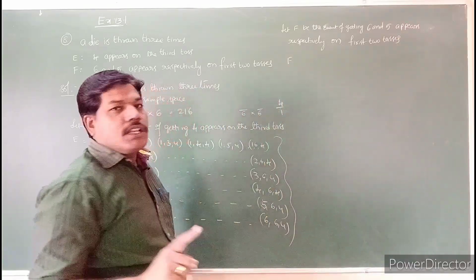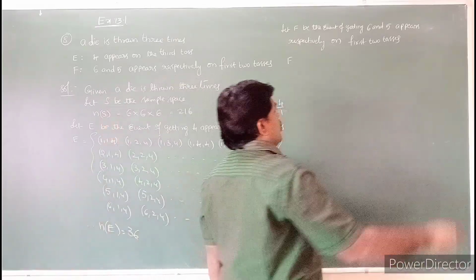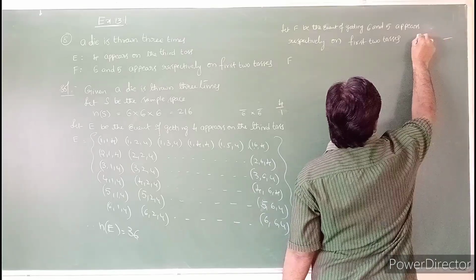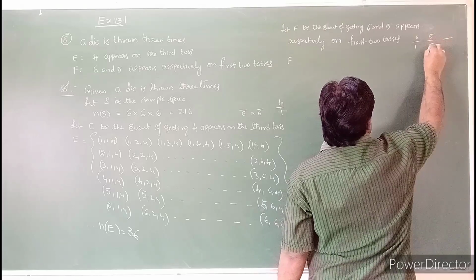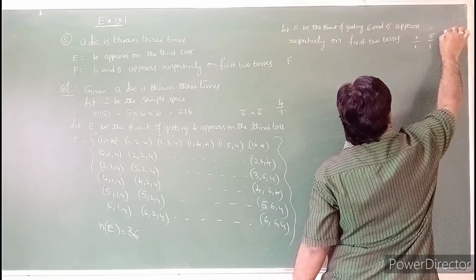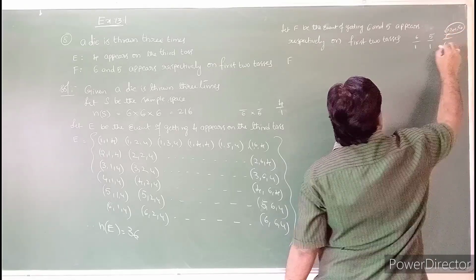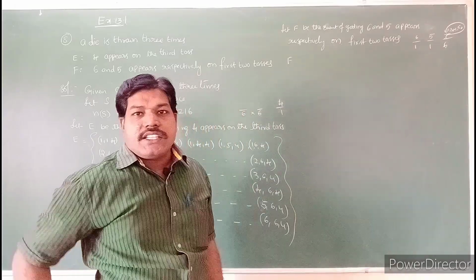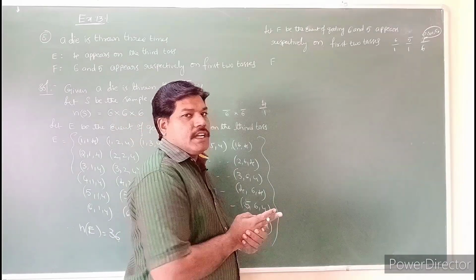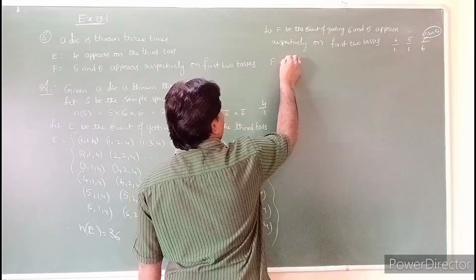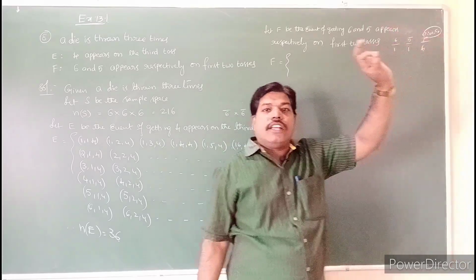See here, in the first two tosses you have to get 6 and 5 only. That means we are already restricting that. Here you are getting a 6, and here you are getting a 5 only. It has only one chance, and it has only one chance. In this place you can get any one, 1 2 3 4 5 6, so it has 6 chances. You have to change only the third toss.